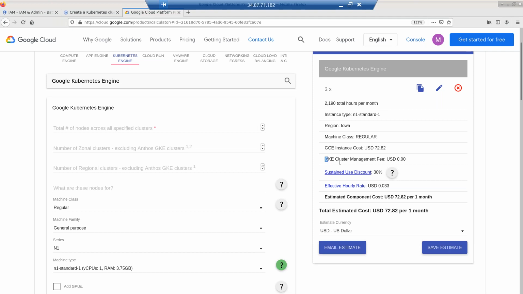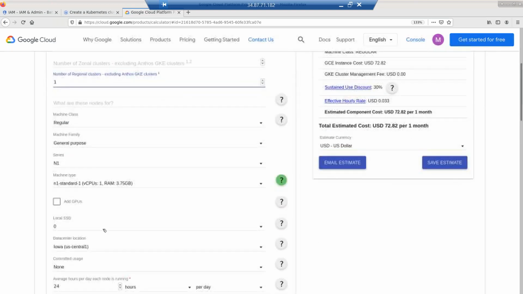So you see one cost called as cluster management fee, which is 0. This is your master node or your control panel, it's totally free. So if it's a zonal cluster, this is free. Now if I make it as the same thing 3, but I go with a regional cluster, hit on